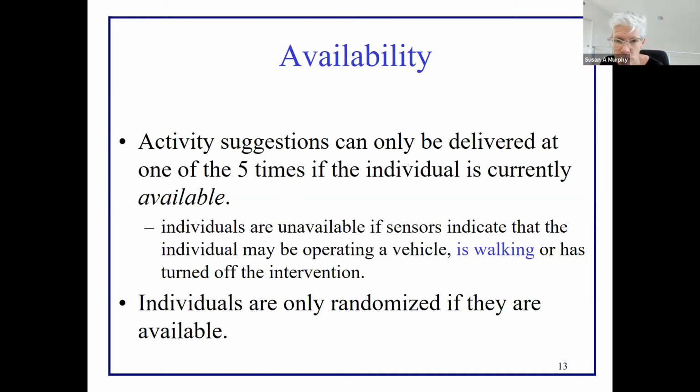Now you see in blue, I put is walking, and this turns out to be really critical. Because suppose you're in this study, or you have our app called HeartSteps, and you really get engaged with the app. It's really helping you, and you start being active during those 5 periods during the day, the 5 periods I mentioned earlier. Then you're going to probably already be walking. We won't even deliver a message then to you, right? This is important to remember for the next slide.